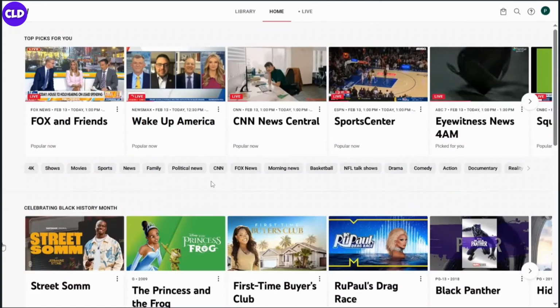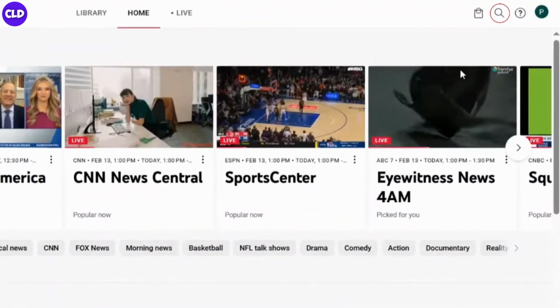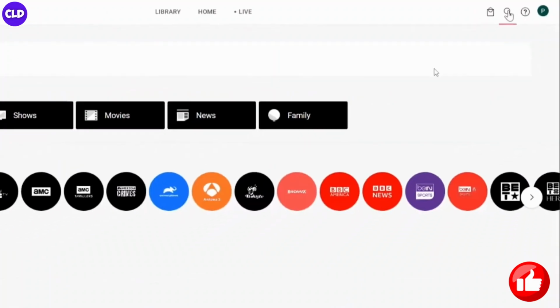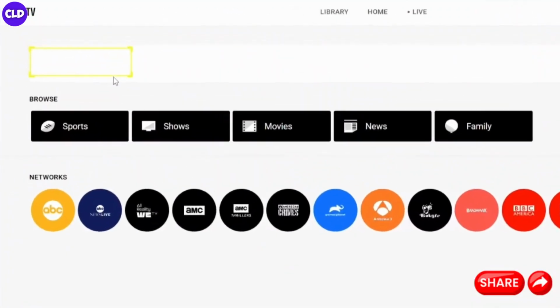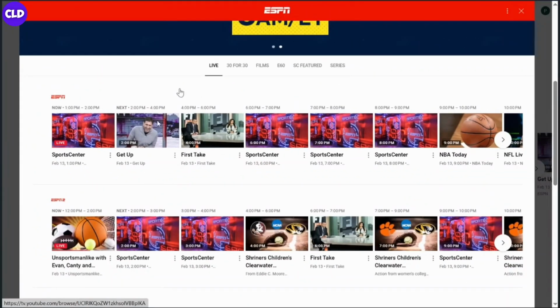Then to find ESPN2, you first have to head over to the search bar right here and then click on it. Once you are on the search icon, click on the big search bar at the top and then search for ESPN. For some reason, it does not show ESPN2 directly, so you're going to have to first head over to ESPN's official channel, tap on the first option that you see here, and once you are inside ESPN's